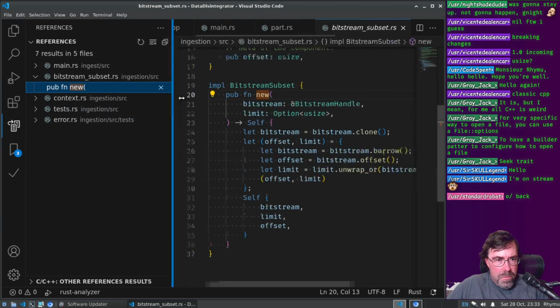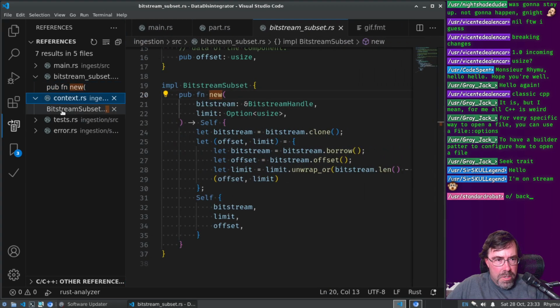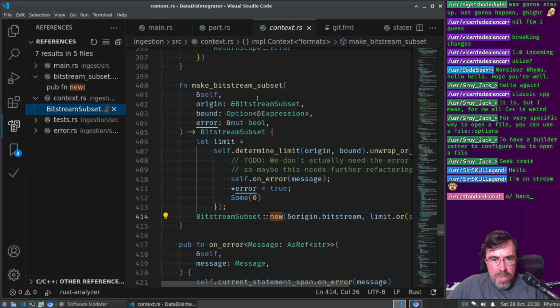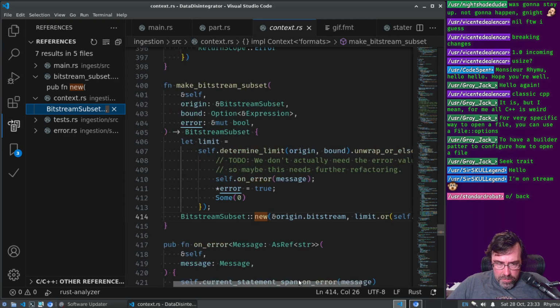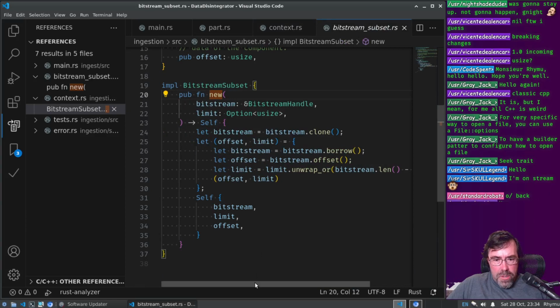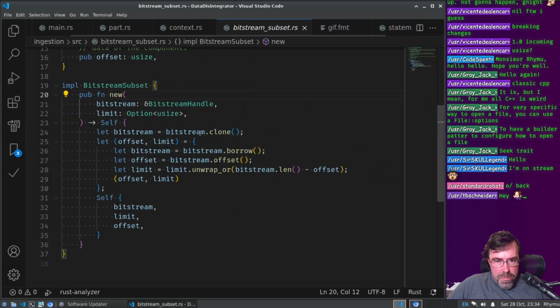Okay, so context. Make bitstream subset, and the limit is limit or boundary. And then what does that do? Okay, so it's the math in here, right? The current offset minus the bitstream length is the default. But if there is a value set,